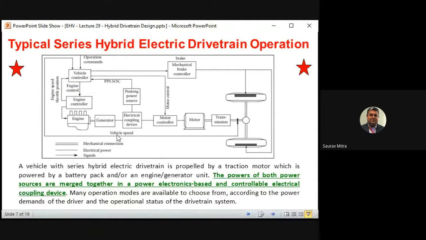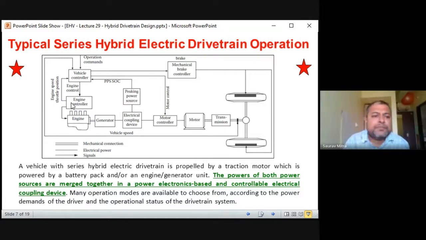Okay, V is nothing but kilometer per hour. So that speed sensor is here. And the engine controller means this is RPM, rotation of the engine, 6,000, 7,000, 8,000, all those things. So you should know these ranges. We know the vehicle speed range of a normal vehicle, whatever we drive on the road. So 150, 200 is the maximum range.